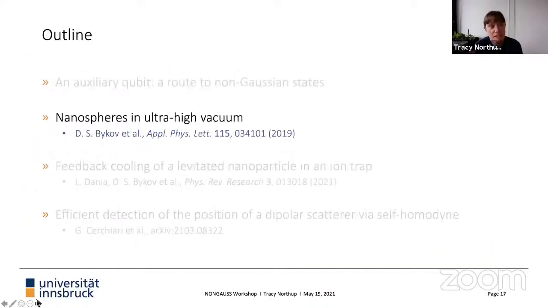Okay, this brings me to the second part of my talk. So I've tried to motivate why we're interested in trying to put not only a nanoparticle in a cavity, but also an ion in a cavity and couple them via the cavity field. And now I'm going to try to tell you about how far we've gotten in that experimental work. And so we started at the very beginning. This is work that we started back in 2017. So it's been about 4 years now working in this direction.